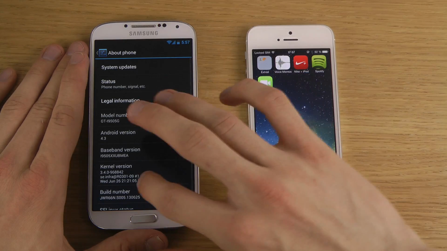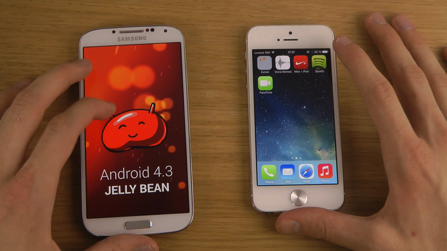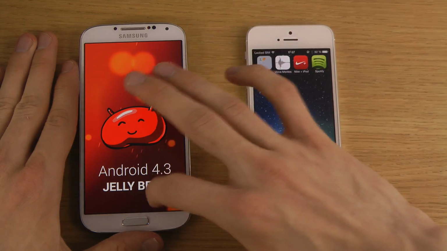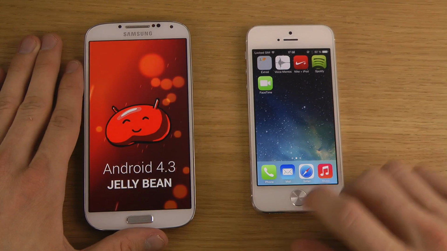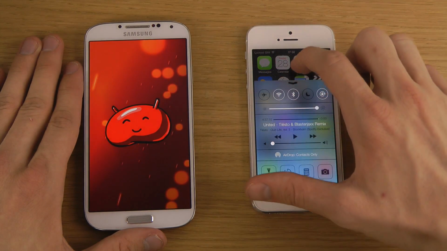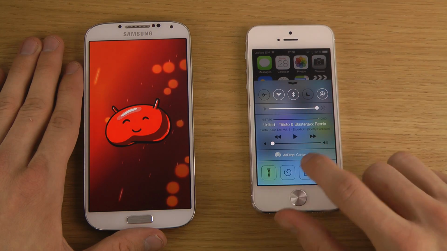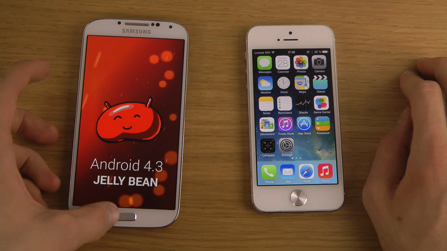Just to confirm that we're having Android 4.3 here. As you see, that is Android 4.3. And then you know this is iOS 7 beta 2, because we do have some new things, like the clock icon is changed in the Control Center. So if we start off here,